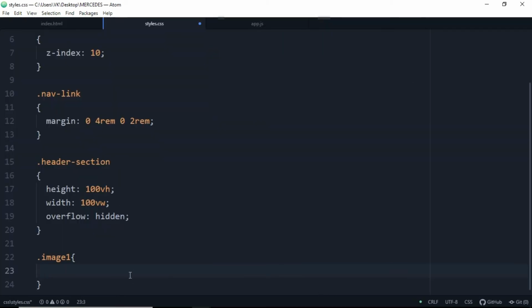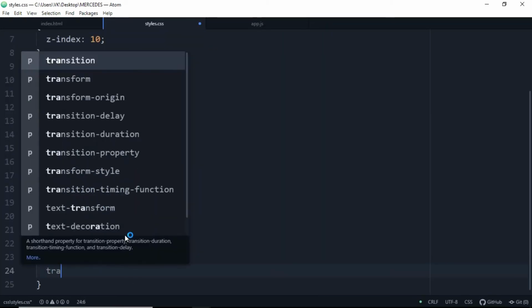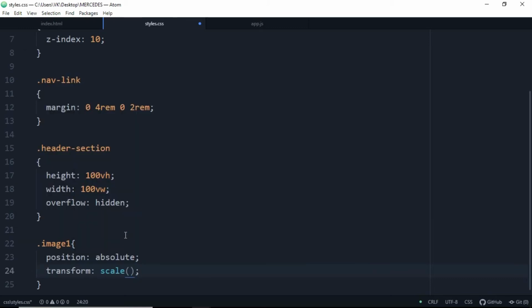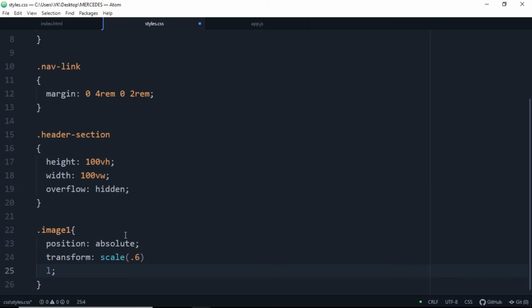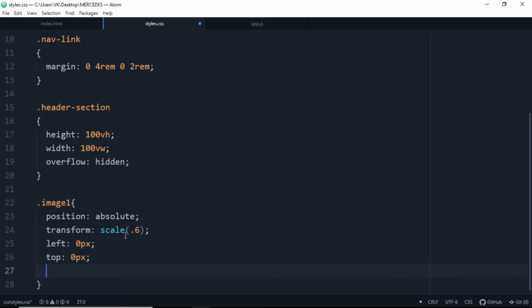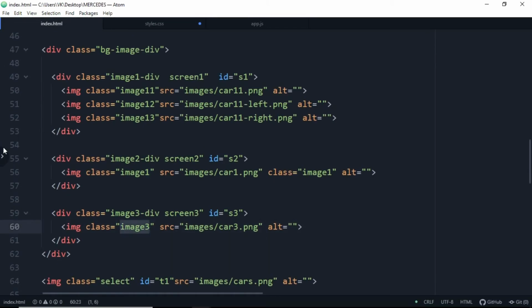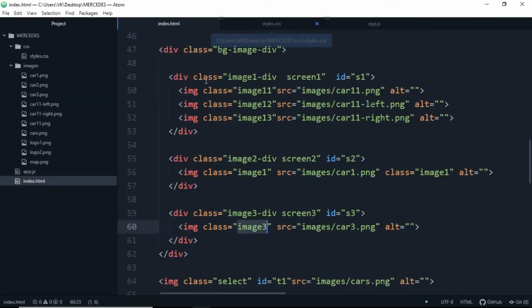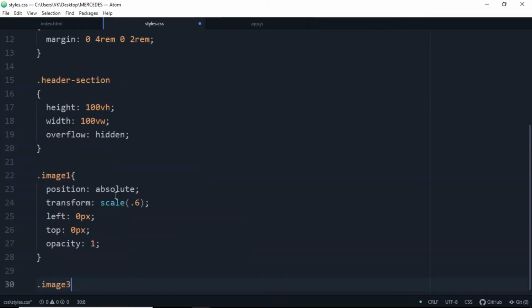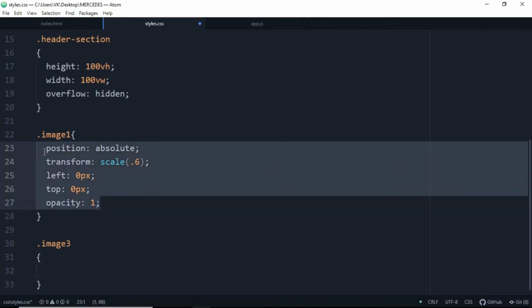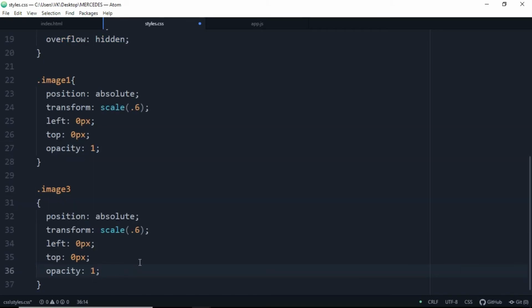Easy, that's why I'm writing this first. Position is absolute. We're going to transform it, scale it by 0.6. We're going to add left to it at 0, top to it at 0. You don't need to write those pixels after those 0, because 0 doesn't need any units to be specified. So let's access this car3 from here. That is image3. Just copy this out, paste it instead of that. From top make it -100 pixels, scale it by 0.55.